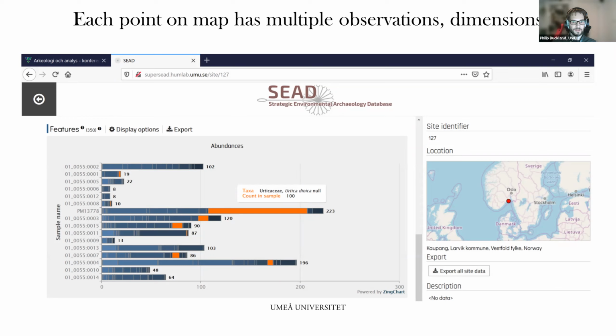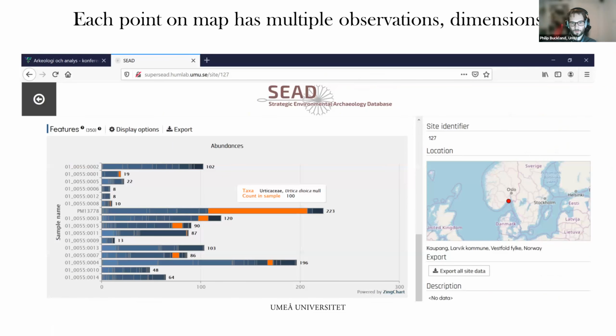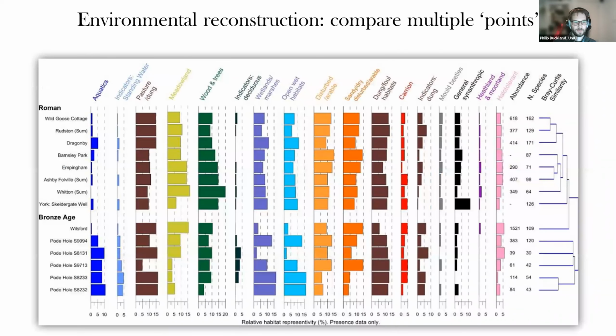Looking at an individual site from this database, you can go in, visualize it, and export all that data. It's quite standard database stuff, but it's quite new, really, to have this amount of open data available for paleoecology. The reason for doing things like this is looking at one site, reusing that data. That's a sort of repository function, and that's fine, but it's much more powerful if you can pull out data from multiple sites and start comparing, say, your new sample to the data from many, many other sites.